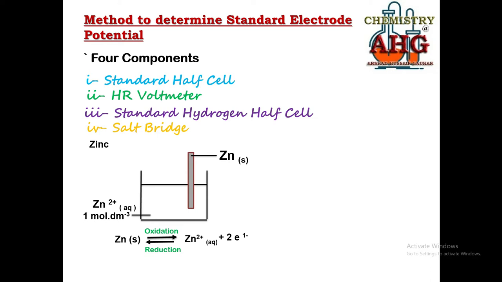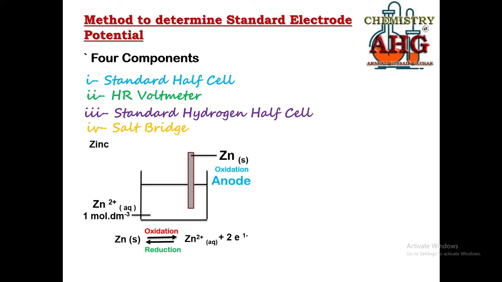Right now, the example that we are studying is zinc. Zinc is a reactive metal. So you know, reactive metals prefer to undergo oxidation easily. So in this case, at dynamic equilibrium, which process would be dominating? Oxidation would be dominating. Whenever oxidation dominates, you must remember, oxidation always takes place at the anode.